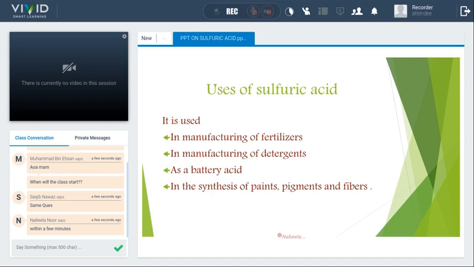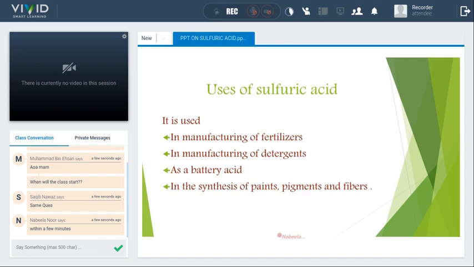Linking with this topic, there are also uses of sulfur dioxide. Sulfur dioxide gas is used as a preservative for dry fruit, especially. It kills germs, bacteria, or molds. Sulfur dioxide is also used to bleach wood pulp. As you know, wood is yellowish white, so it is used to decolorize it. So these are the uses of sulfur dioxide.